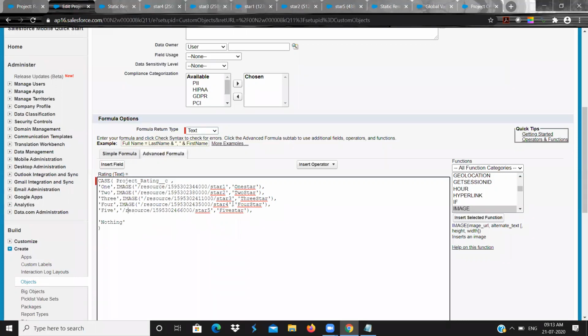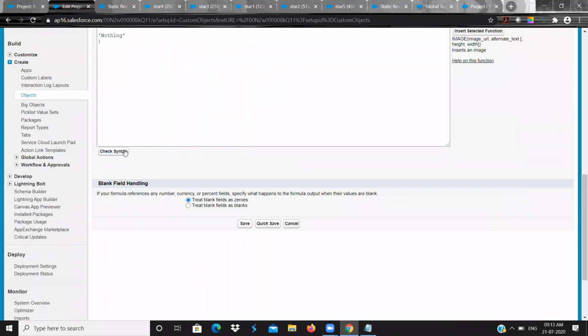So here I am saying it is an image, and it is the path for this image, and if the image is not displayed, you can display 1 star, like that I am telling. Okay, so again check for the syntax.